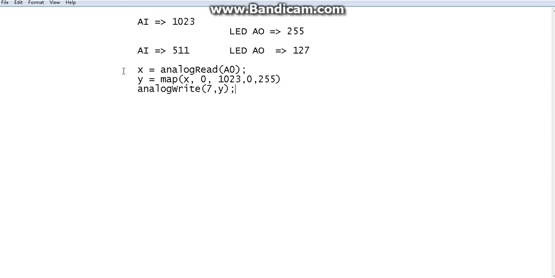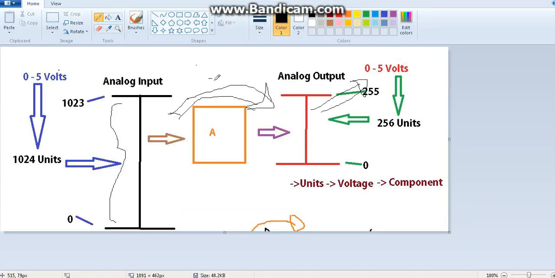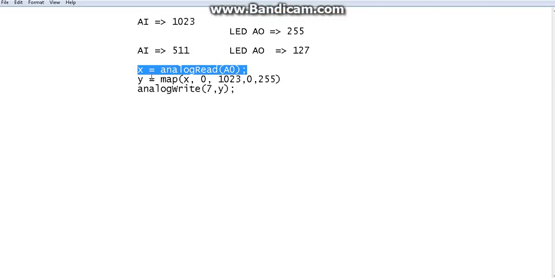Okay, so it is so easy. The 3 steps I said here: taking input, doing a conversion, going for the output. This is 1, this is 2, and this is 3. So those are the 3 lines here: 1, 2, 3. So I repeat: taking an analog input, conversion of the map range, giving the newly converted, that means new map ranged value, as an analog output. That's all you have to do.